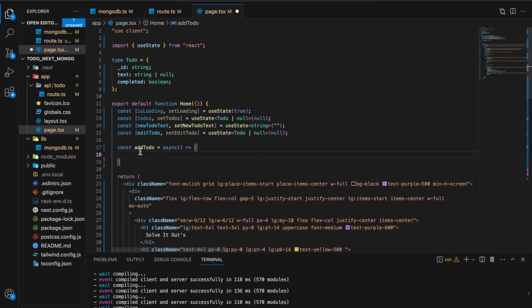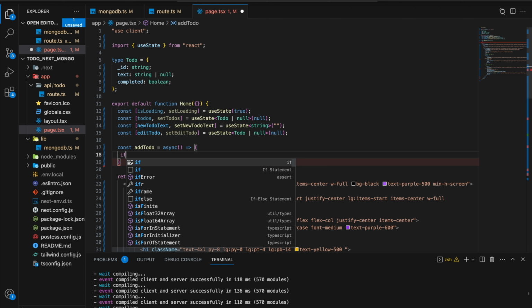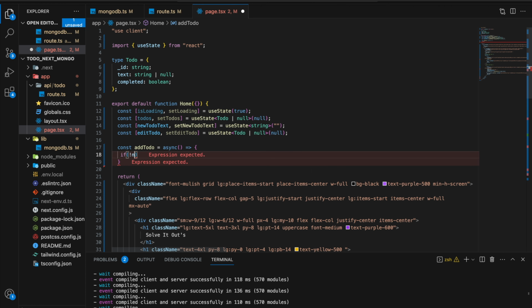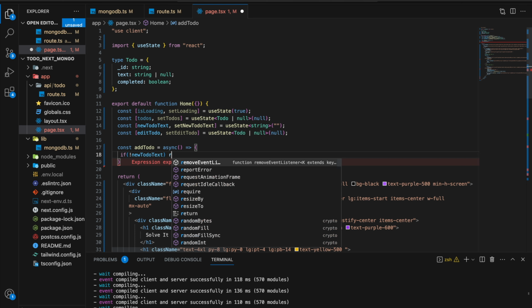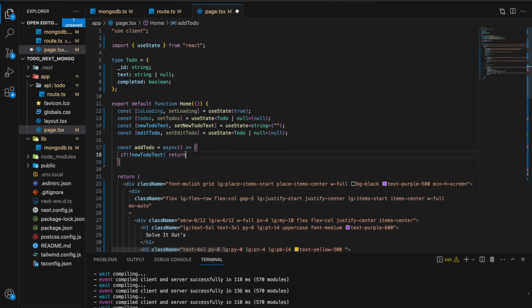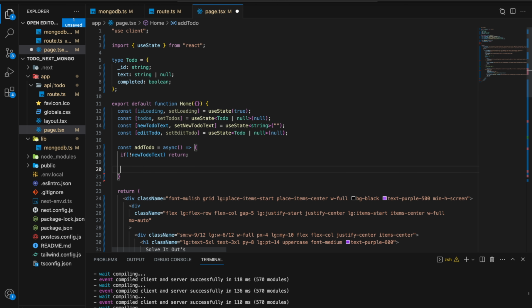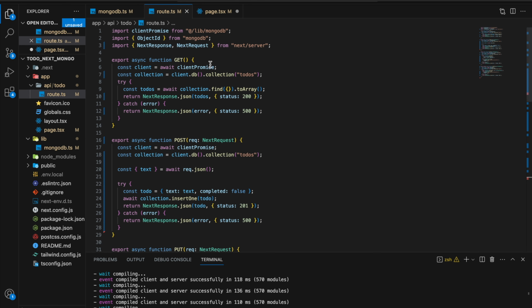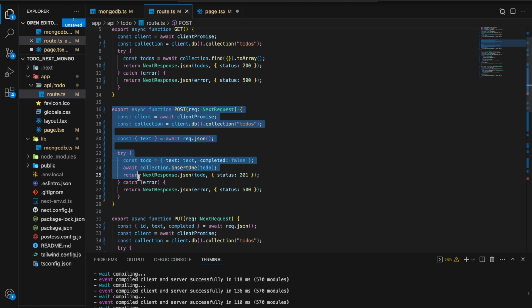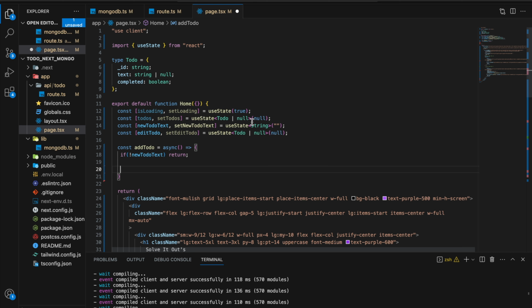Now we're going to check that if there is no TODO text, then just return. Now we are going to call the API that we have created in this route dot ts, this post API. We are going to call it now. So const response